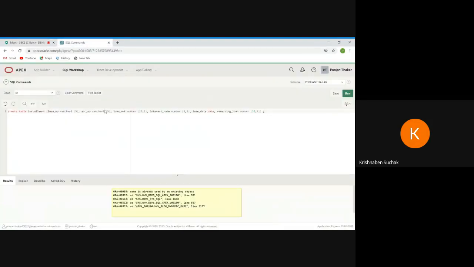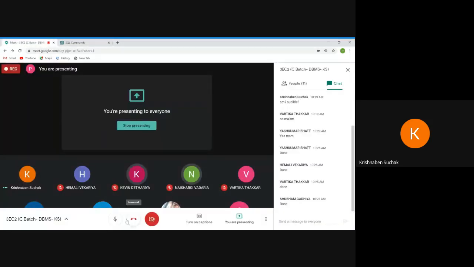Name is already used by a system object. Okay, so installment is already there in your table. So you need to write installment 1 or 2. But if installment is already there, that means you can perform this query on that table only. Is it clear, Poojan?